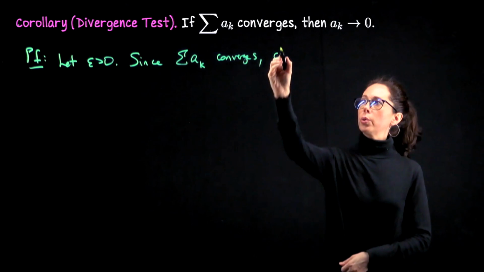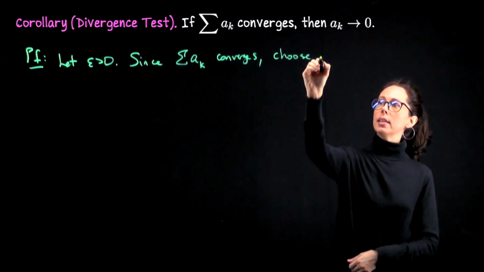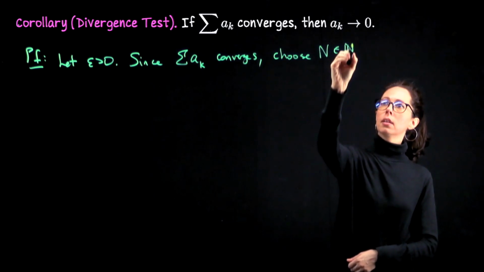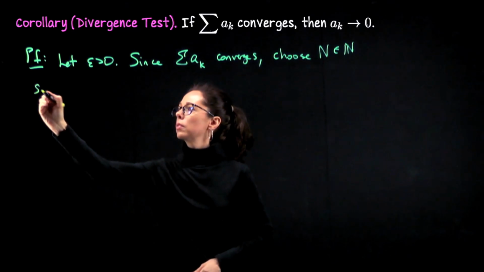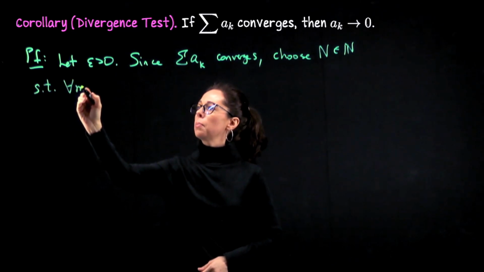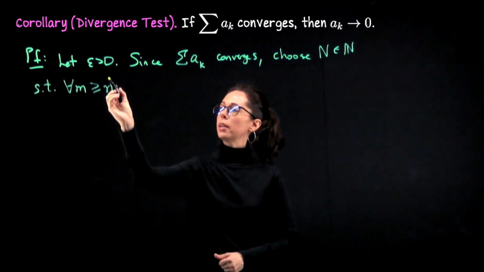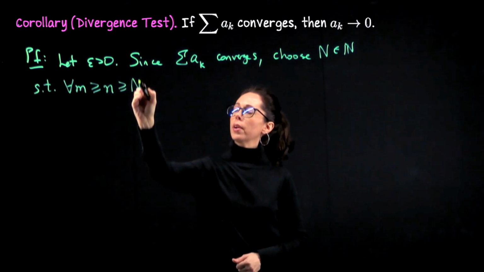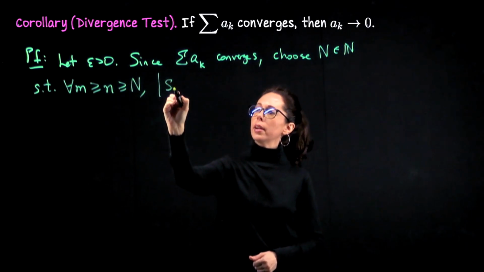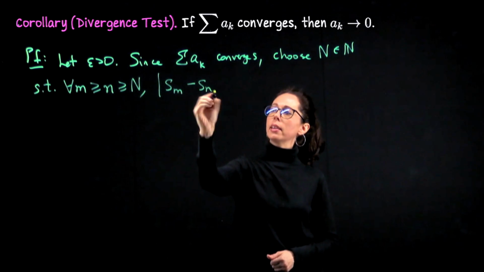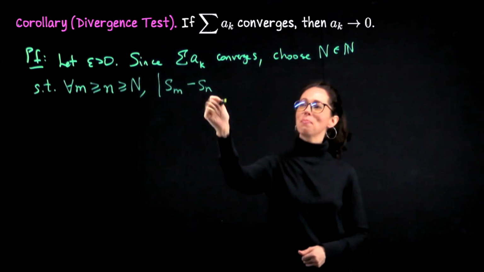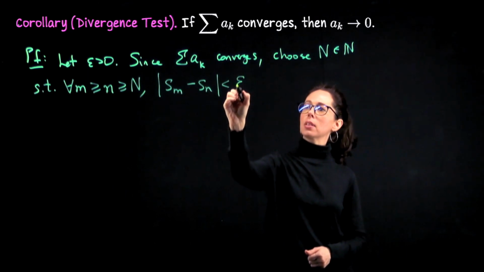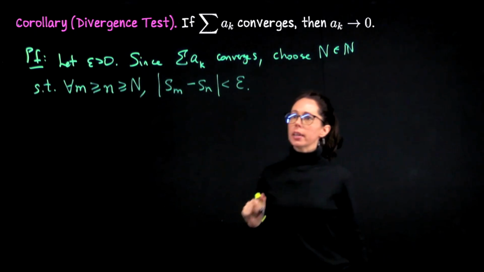So we can choose some threshold index capital N so that for all m greater than or equal to n greater than or equal to that threshold, the difference between the little mth and little nth partial sums is less than epsilon. In particular,